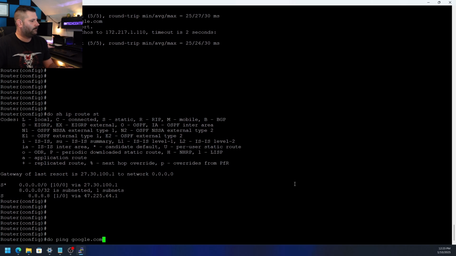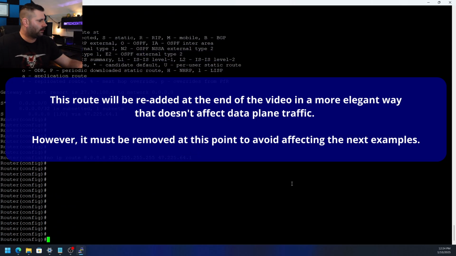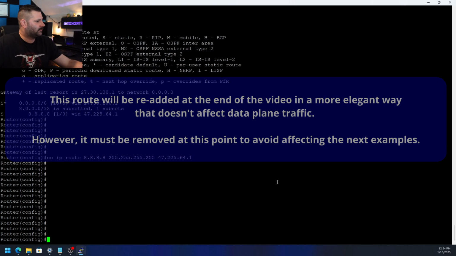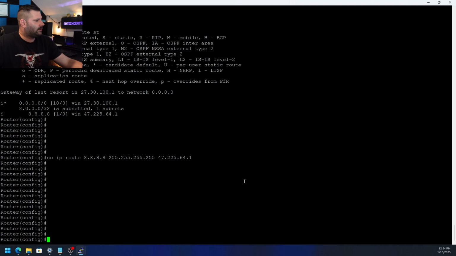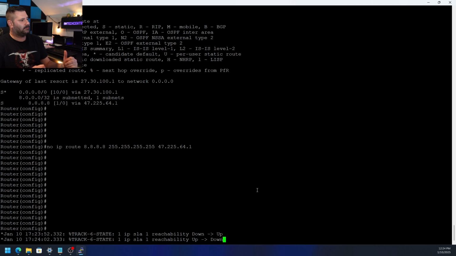Well, let me tell you. And also, let me take this route back out of here so it doesn't affect our further examples. So the flapping is going to start once again. But the reason this is happening is because, well, first of all, we don't have a specific route to 8.8.8.8. When the IP-SLA monitor is sending out those ICMP echoes,